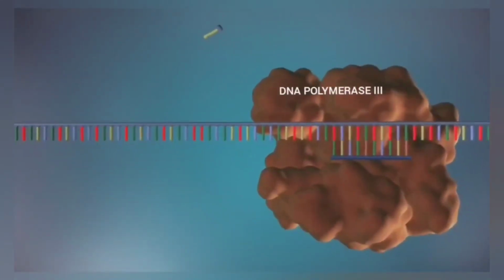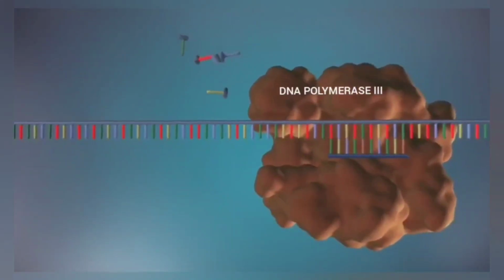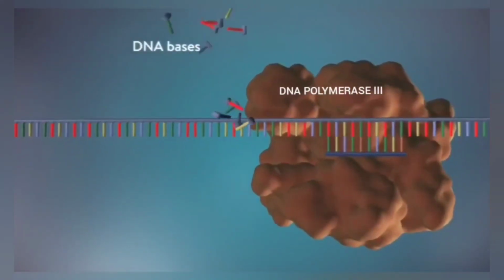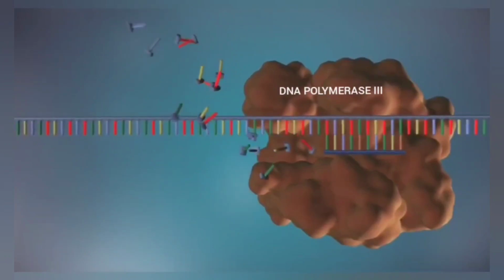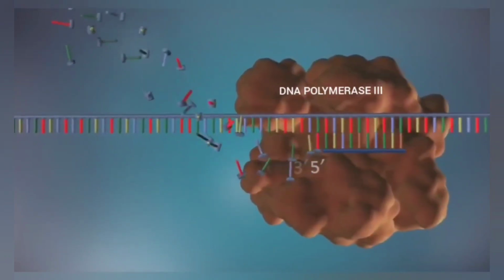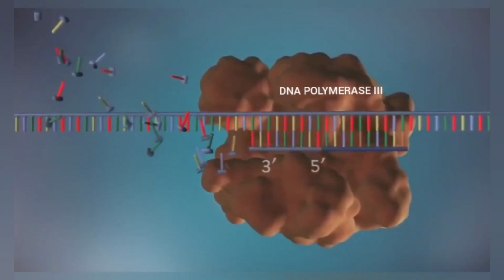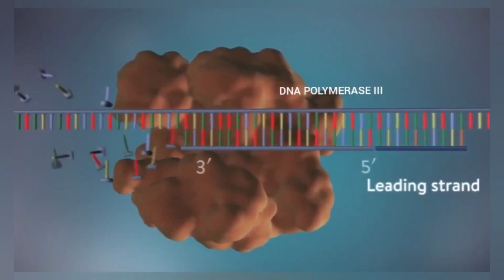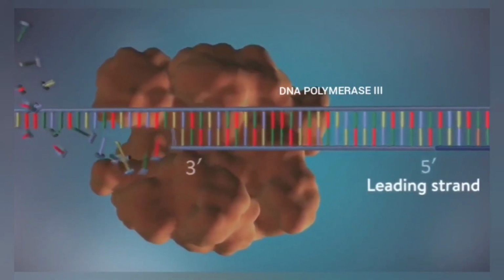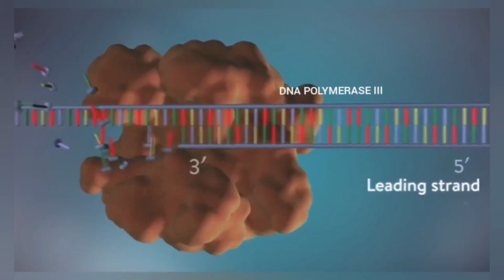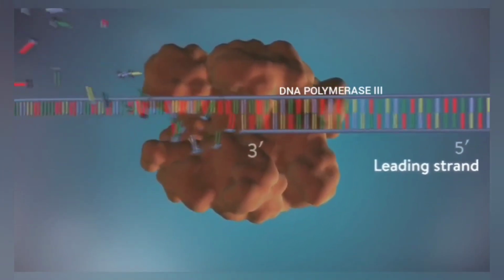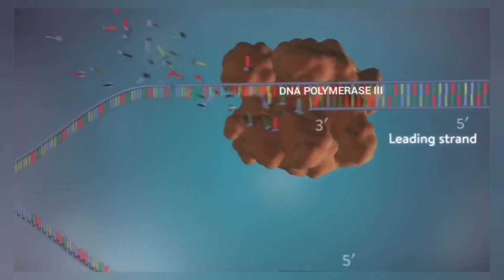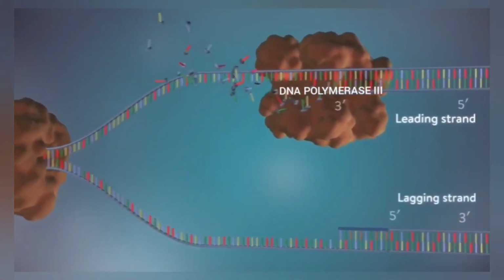Remember, without primer it is not possible to add. I had told you that DNA polymerase can add only to a base molecule which is already there. So now it is synthesizing new DNA in the direction 5' to 3'. Can you see? It can only synthesize new DNA in the direction 5' to 3'. The template strand is 3' to 5', so it is called leading. There is continuous synthesis.